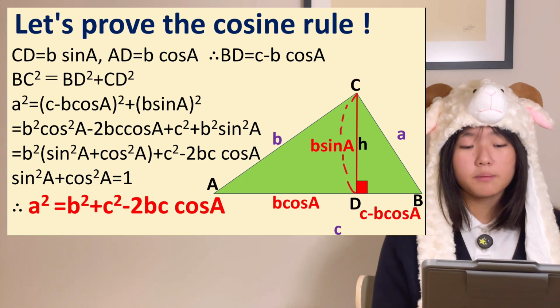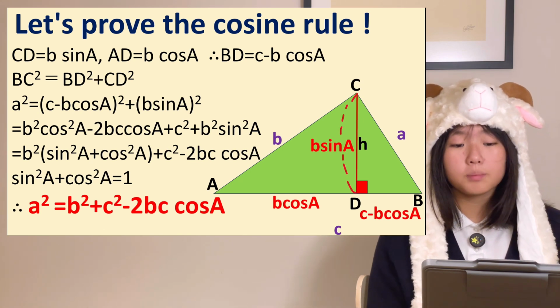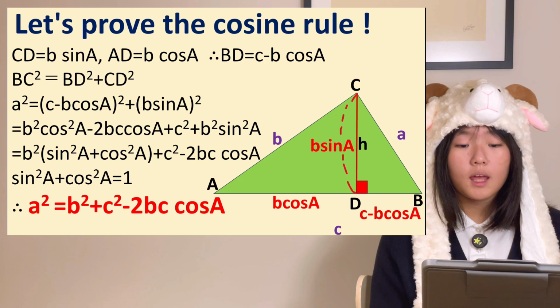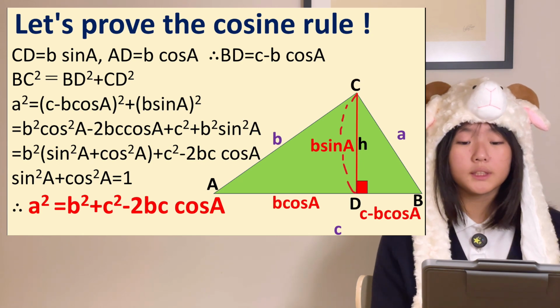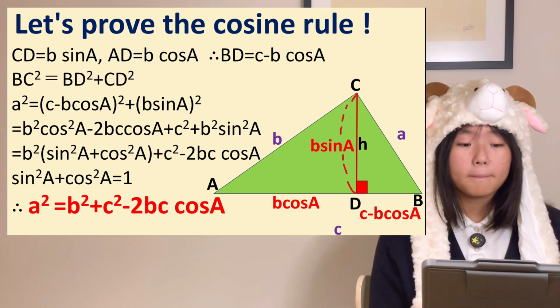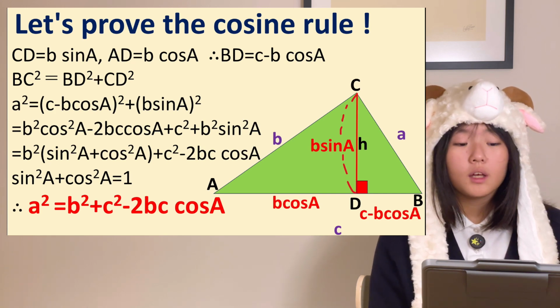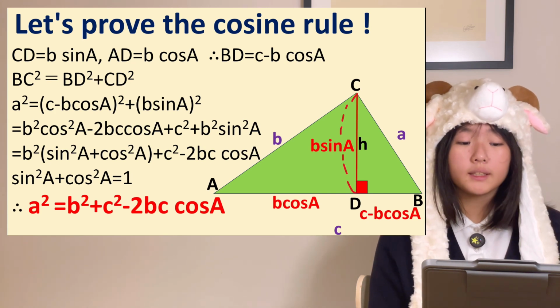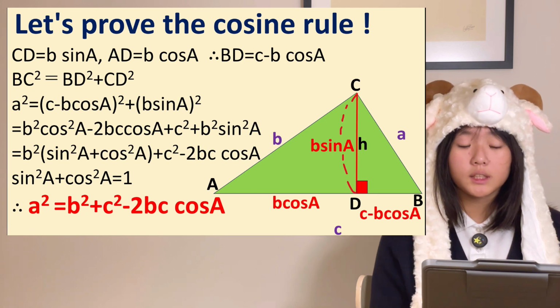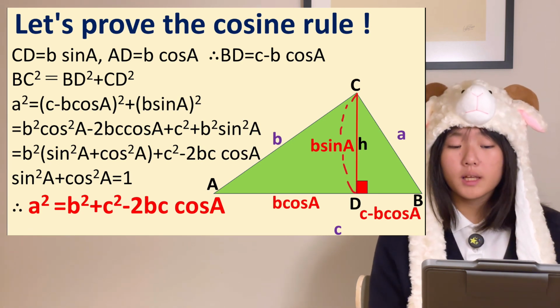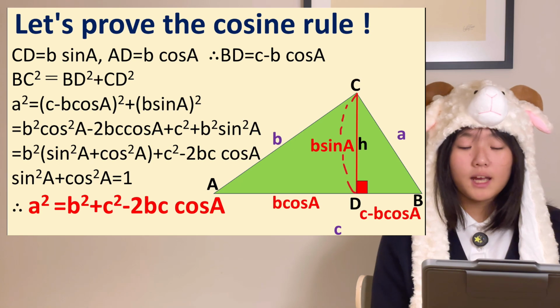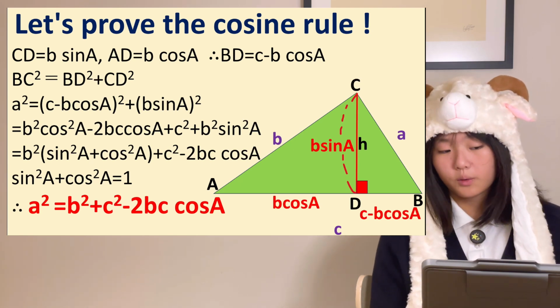CD equals b times sine A. AD equals b times cosine A. Therefore, BD equals c minus b cosine A. BC squared equals BD squared plus CD squared. a squared equals (c minus b cosine A) squared plus (b sine A) squared, which equals